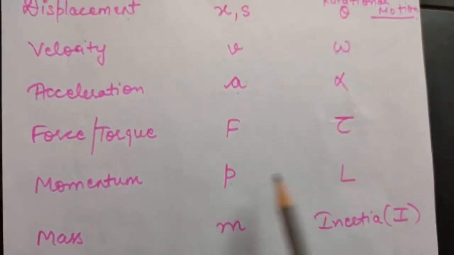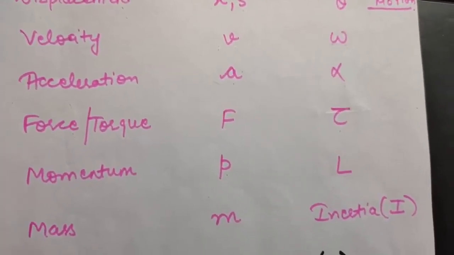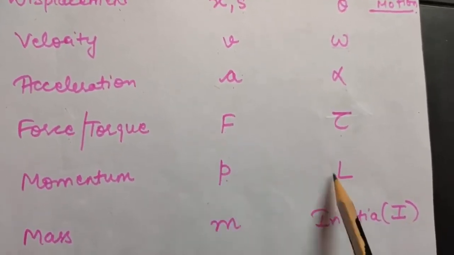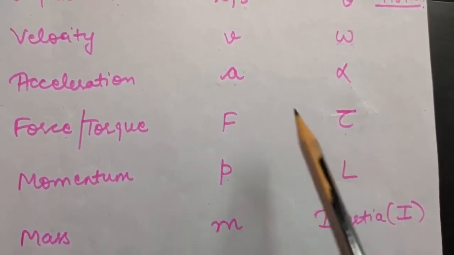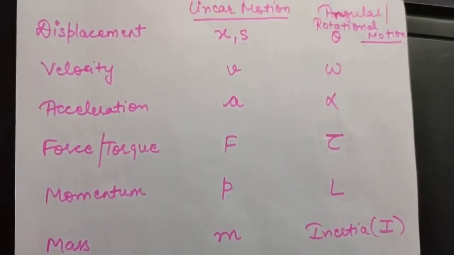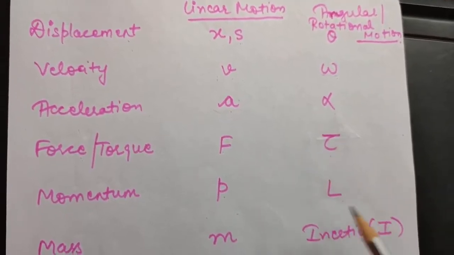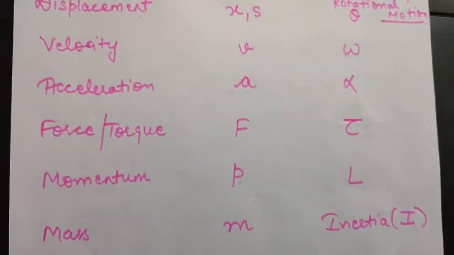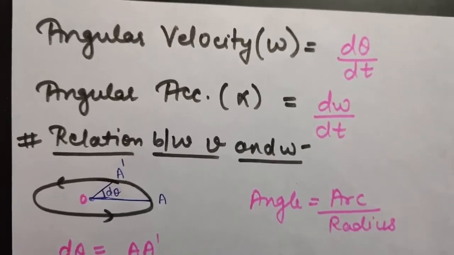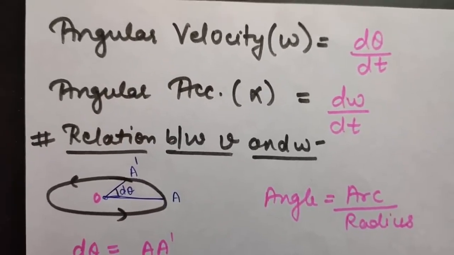See, why am I telling you this? Because when we calculate the different formulas, we will see all the formulas of linear motion and rotational motion are the same. The only difference is that the terms are different. That is, instead of P, we will have L. Instead of a, we will have alpha. So if you know these terms, and if you remember the formulas in linear motion, then you can directly calculate the formulas of rotational motion. Okay, so remember these terms. Okay, so now let us discuss further about rotational motion. So now, as you know, linear velocity v is defined as dx by dt.